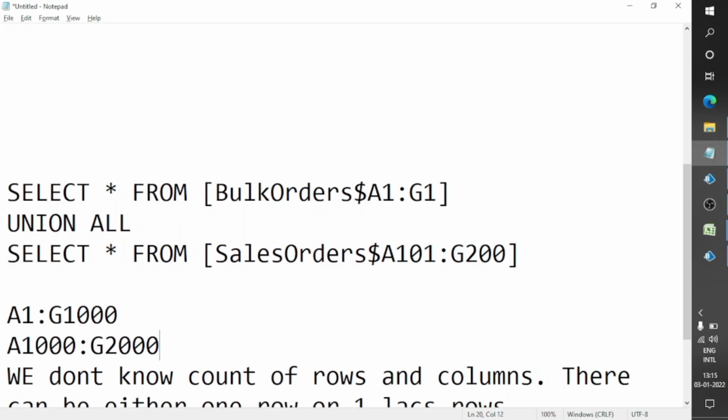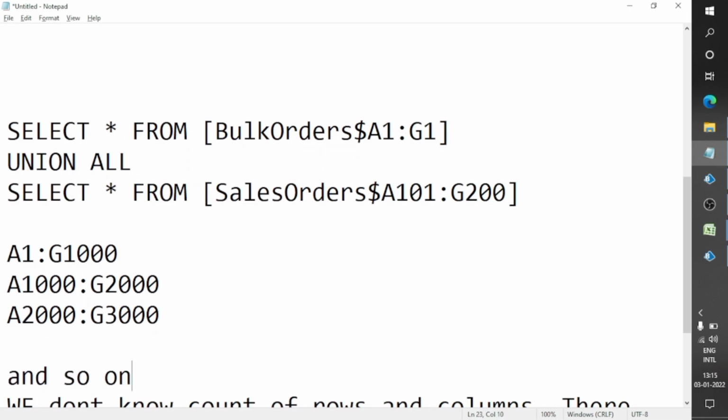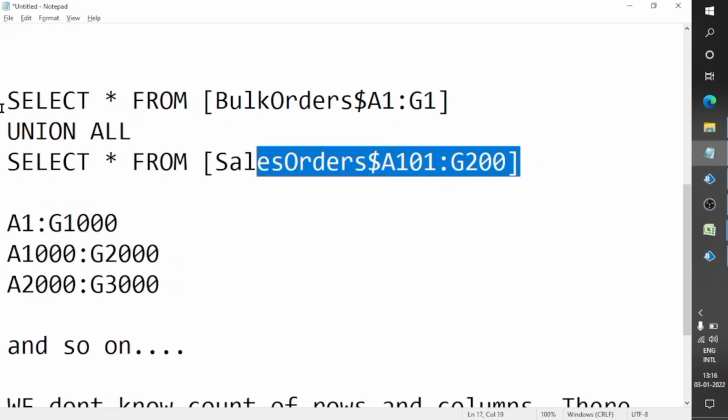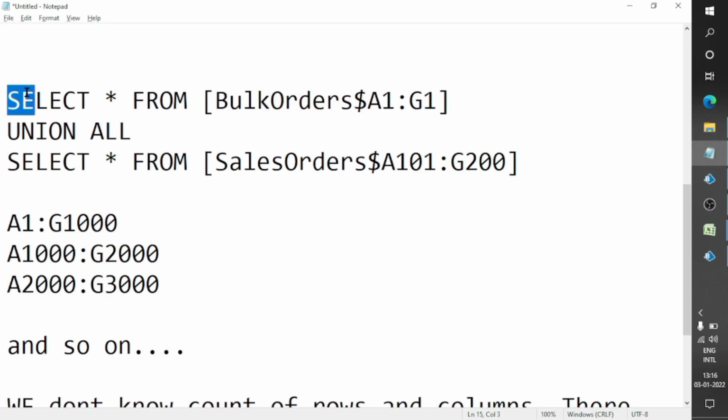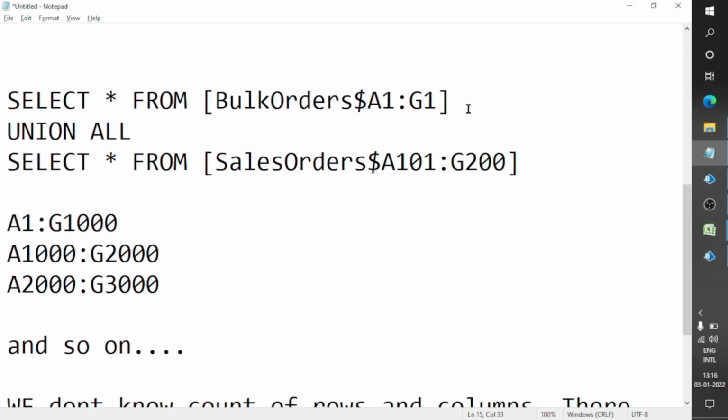In the next one 2000 to 3000, and so on until we reach the end of the file. This is how we are going to read the data, and in all the statements this header will remain constant. The first row will always be the header, and OLEDB will make this first row the header of the collection, or the fields of the collection.